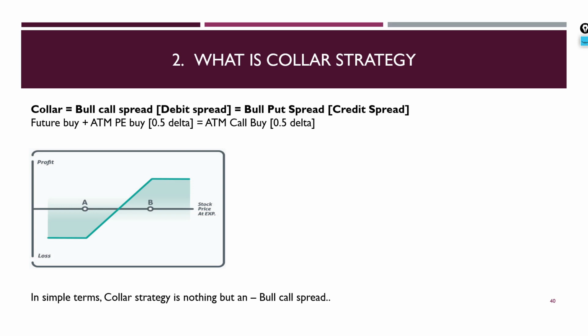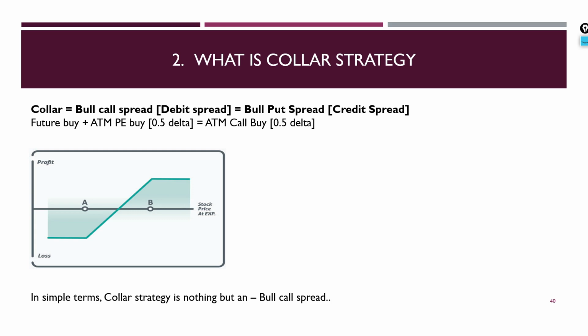So in our collar strategy, instead of buying a future and hedging it with a put, we can directly buy a call, as future buy plus put buy is equal to call buy, right? They have similar deltas. This will reduce cost also. And one more benefit: in a fall like March, if you have a future and put hedge, even if your downside is protected, you have to pay the mark to market on the future on a daily basis, but your profit on the put buy, the hedging part which you took, is credited in your account only when you sell it.